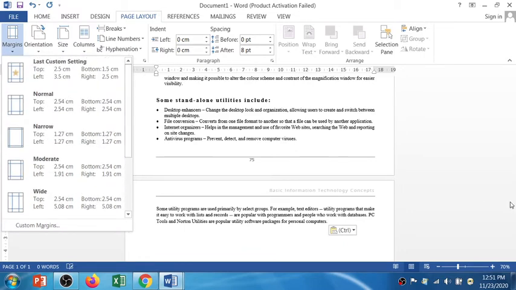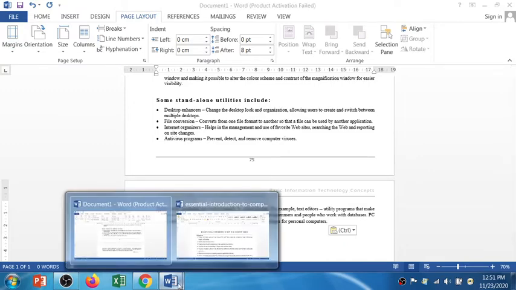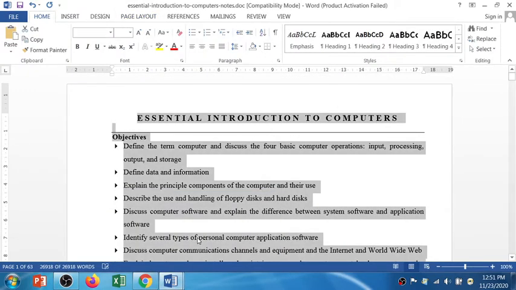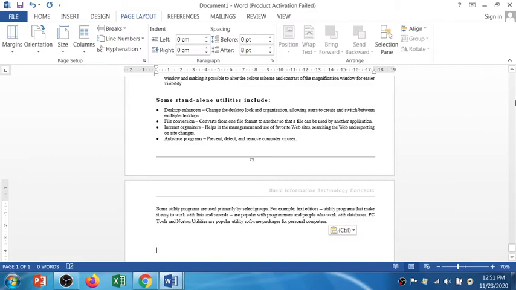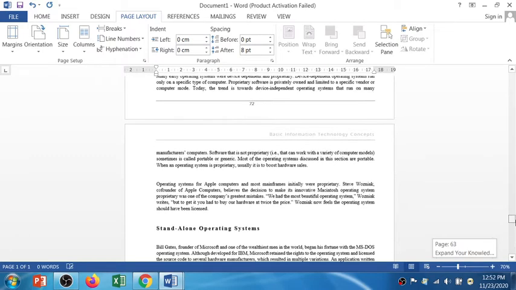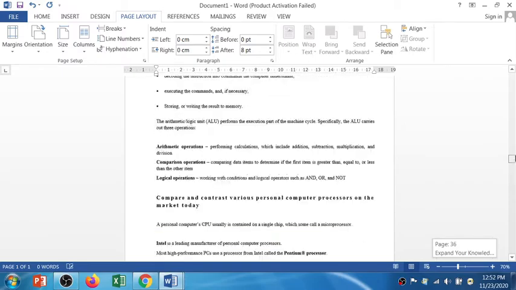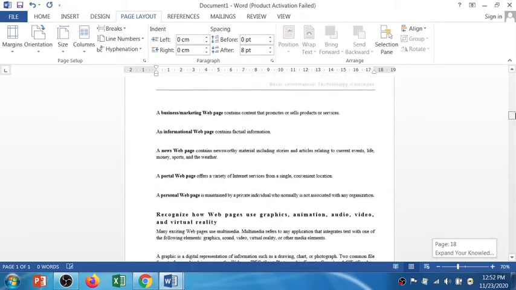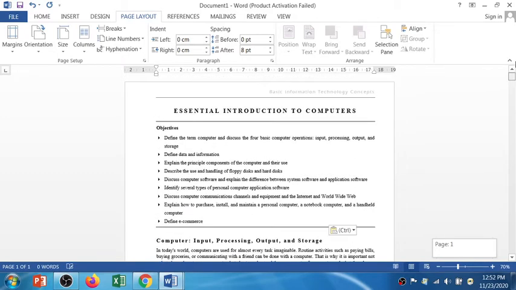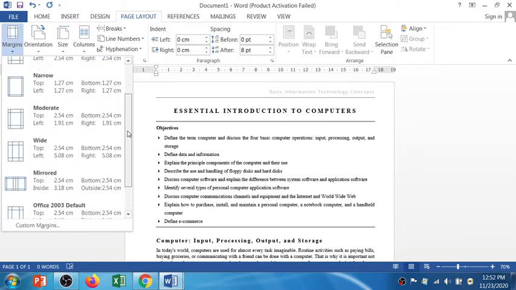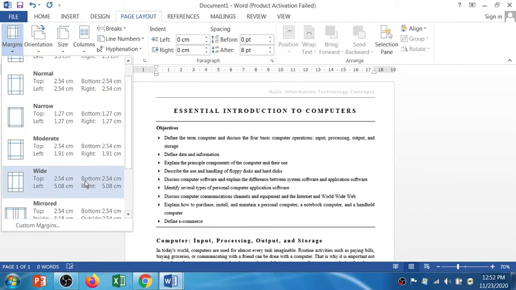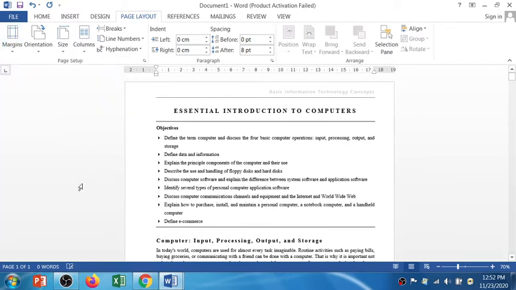Now I'm going to apply the wide margin so you can get an easy idea.